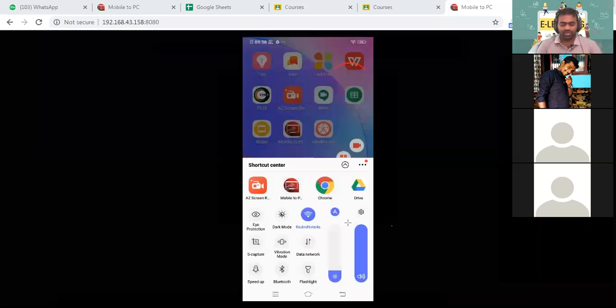You can search for Screencast-O-Matic also, or simply type screen recorder application. It would be there. Download it, ma'am, and install. The features would be the same; some icons would be different. Actually, the technique is very simple: record whatever comes on your screen along with your voice. That is the technique.